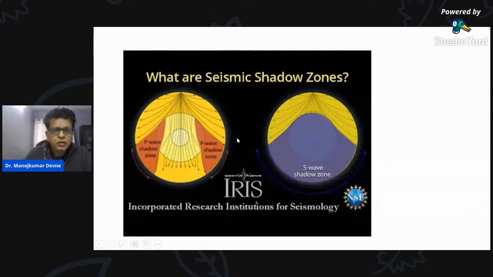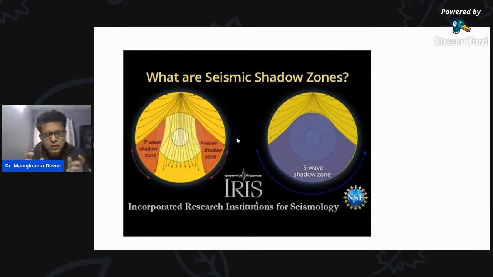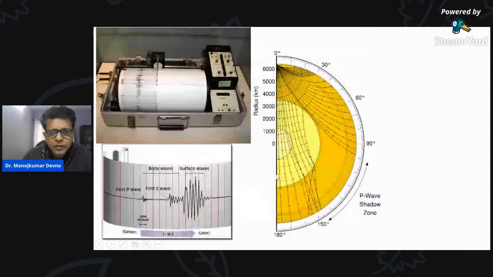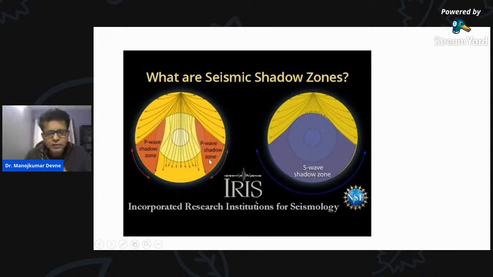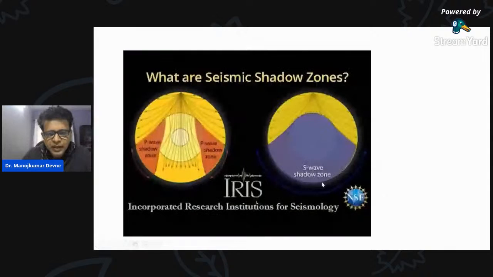Now, the actual P wave shadow zone is this, and this whole thing. You remember the S waves came only up till here. As a consequence, from this 93 degrees to this degree here, this whole sector is an S wave shadow zone, and then you introduce the P wave shadow zone, which is going to be this one here. You accumulate them, and the effective shadow zone is going to be this, the area where you're not going to have any type of